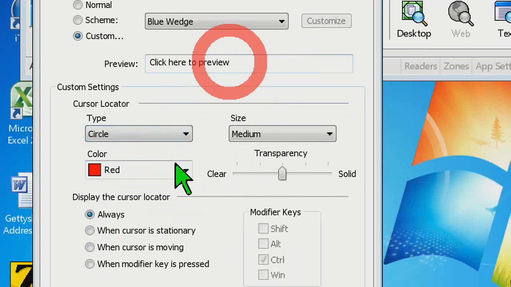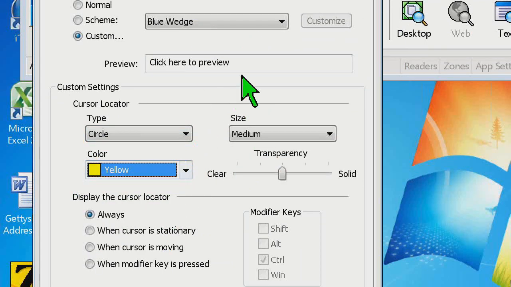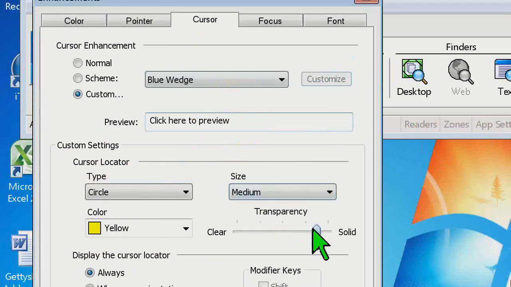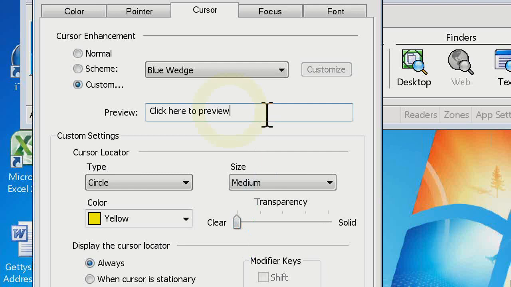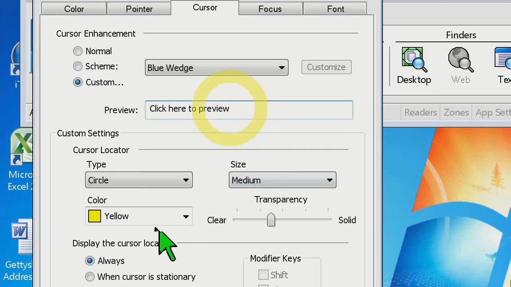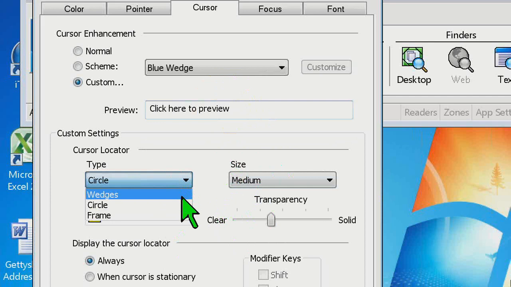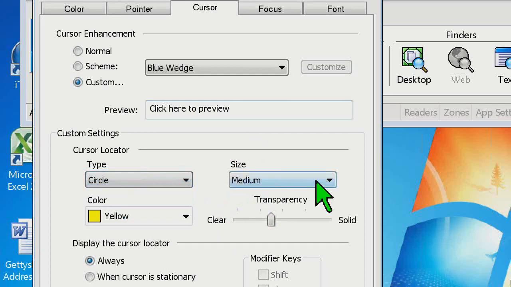I think that probably illustrates this the best. So if you wanted a yellow circle that was solid and transparency, you could make that. And if I arrow through, you'll see it follows the text cursor as well. Or you could make it really clear if you wanted to. So those are the main options here you have are 3 different types: the wedge, circle, or frame, 3 different